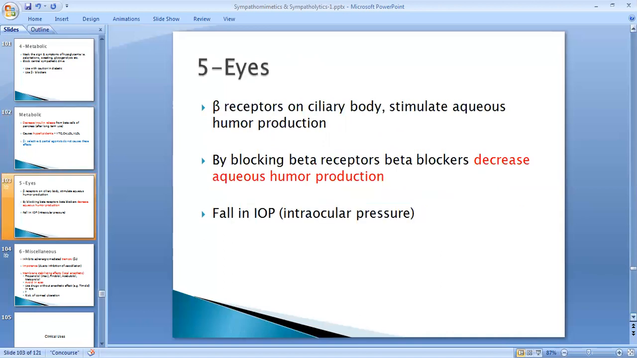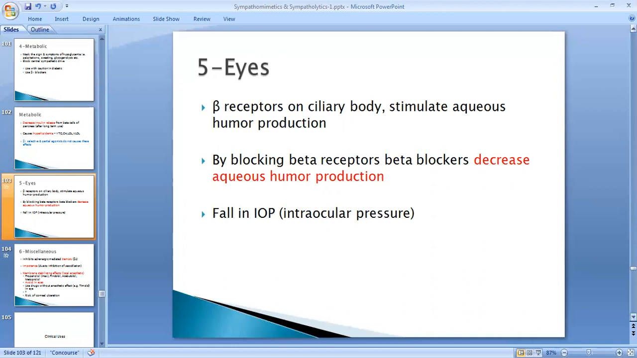Eyes, beta receptors and ciliary body. So when these are stimulated, it stimulates aqueous humor production, and it causes glaucoma. So by blocking beta receptors, by the use of beta blocker, it decreases aqueous humor production, and so it decreases the intraocular pressure, and also decreases the